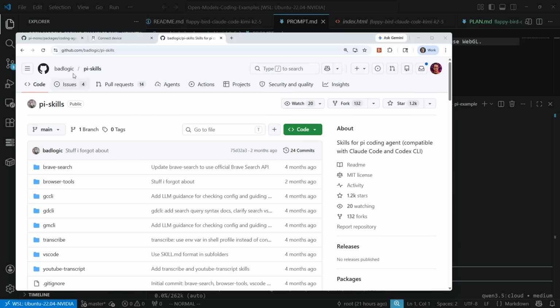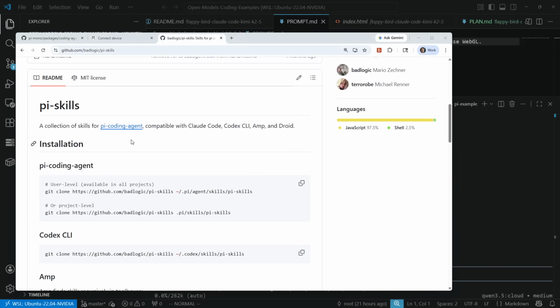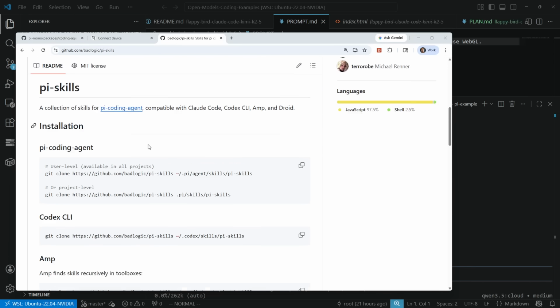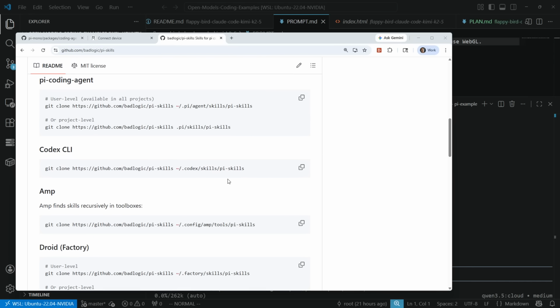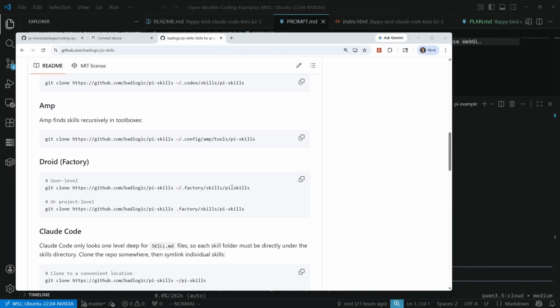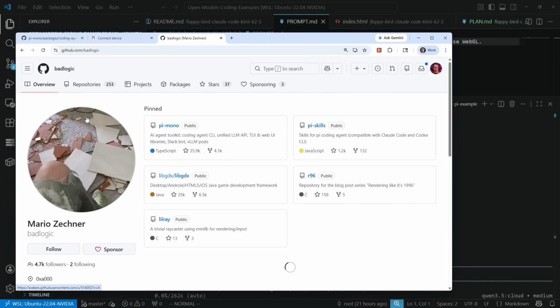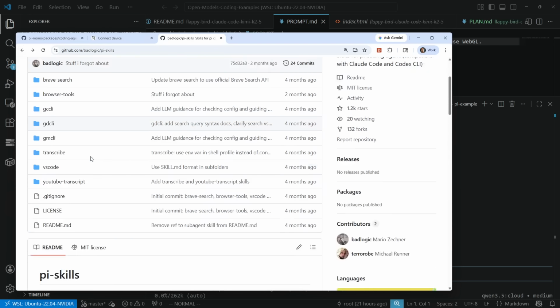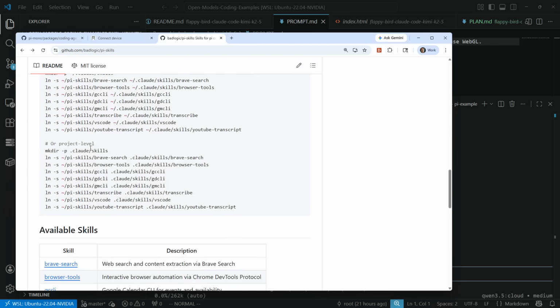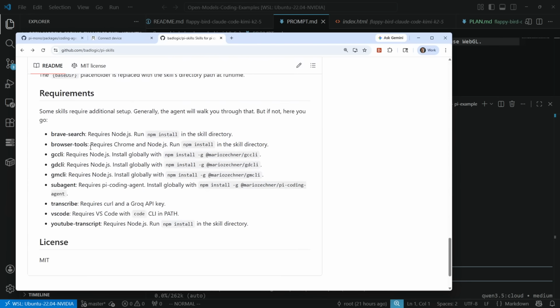I literally did a simple search, and under the creator, I believe, we have Pi skills. So a collection of skills for the coding agent. But does it already have the skills functionality? And that's what I don't know. This is the person that creates it, right? Yeah, this is the person that creates Pi coding agent. Oh,